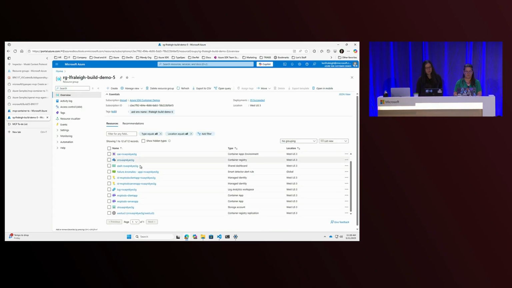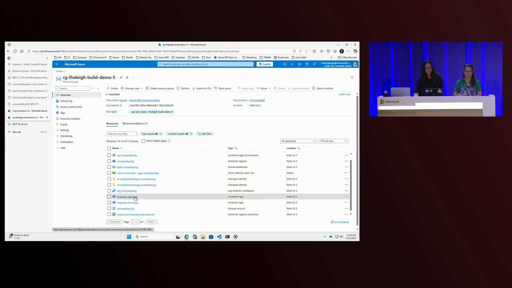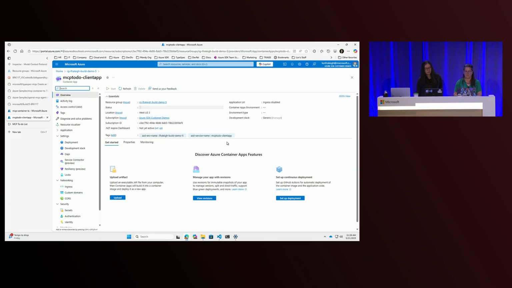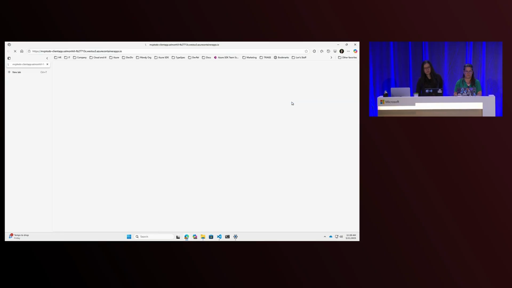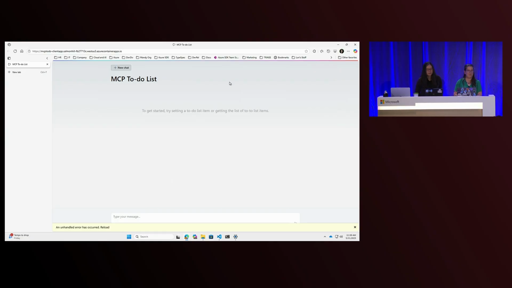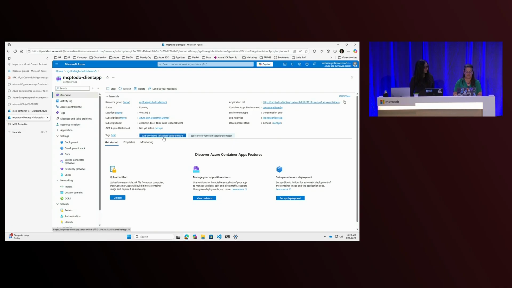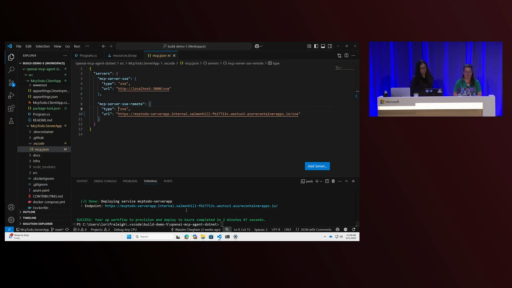I think this is the one we're using, client app. Right. No internal. Well, the server and client are under different URLs. And so VS Code is showing us this is the server app URL, which needs to go in the mcp.json, which we have. I can see if pasting it again makes it happy.